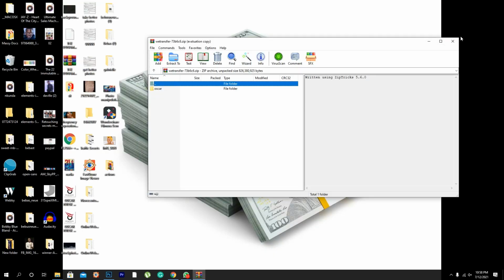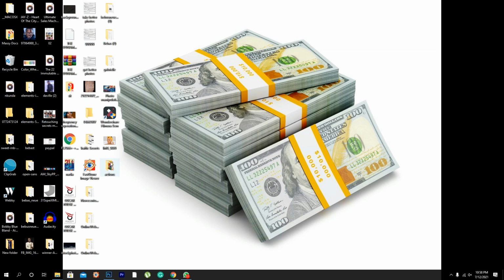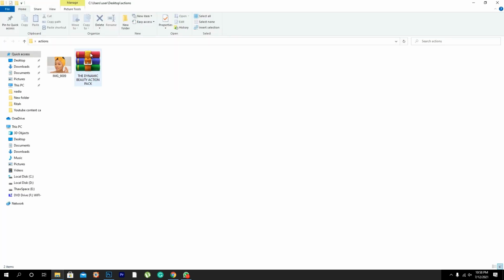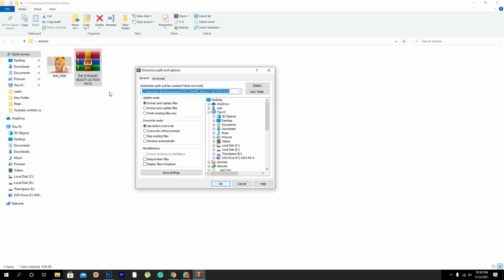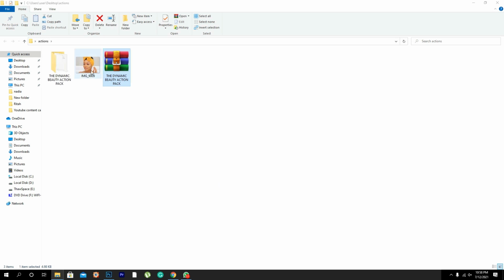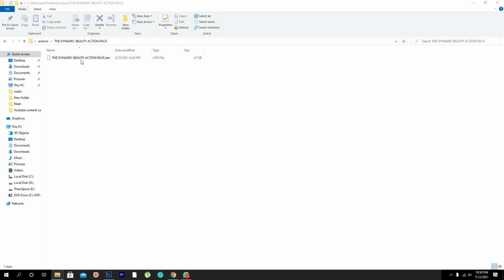Now, after downloading the actions, definitely you're going to find them in a folder like this. There's a zipped folder. You're supposed to have WinRAR installed on your computer, because I zipped them just in case you have viruses on your computer or the like. So you just come right click and then you say extract files. Right there. So you open this folder and this is the action pack. It's not really a big file. It's just a small